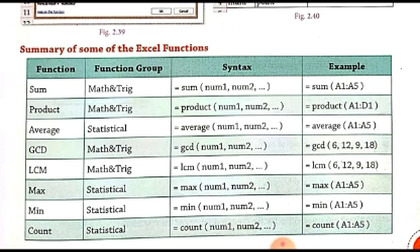There are different function groups, and every function group contains the functions related to that group only. For example, the Math and Trigonometric function group will have all the functions related to mathematics or trigonometry, like the sine function, cos function and tan function. All these functions will be in the trigonometric and mathematics group. So we have the sum function here. It has the syntax sum, then num1, num2, where num1 and num2 are the arguments to the sum function.